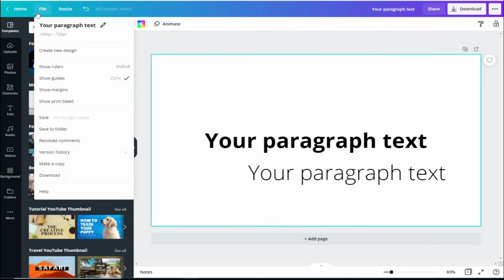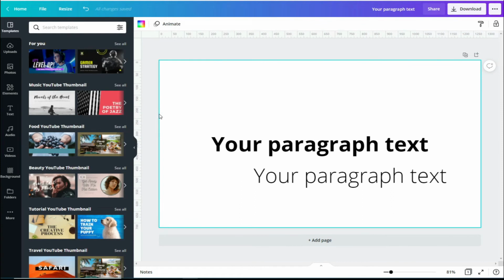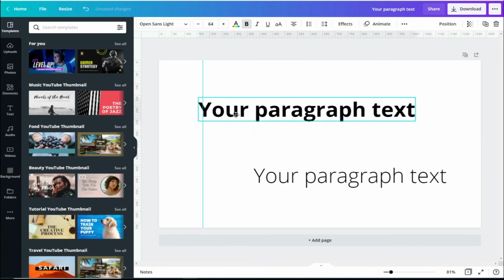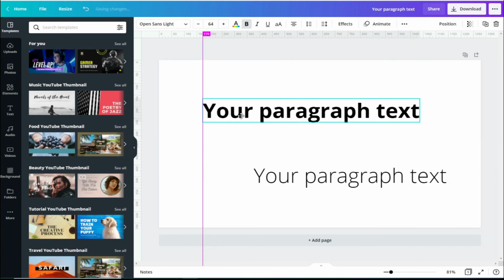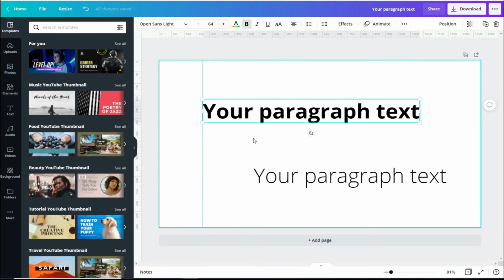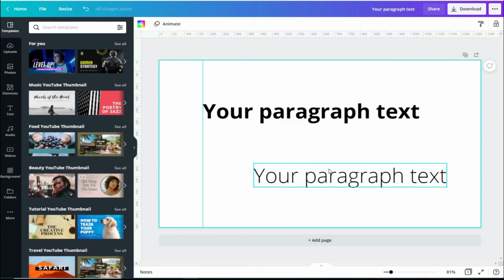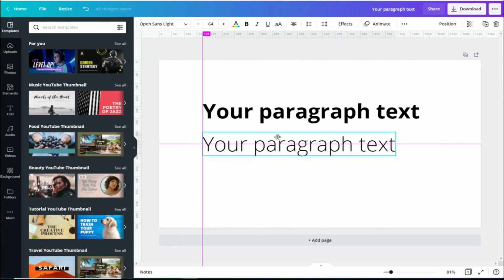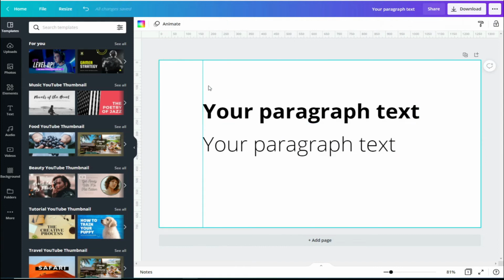Second way to perfectly align elements and text is to go to the file, turn on show rulers. From the ruler, you want to just drag using your mouse and set where you want your text or element to start. And then start dragging your elements. And you can see that it's lined right there. I will also align the other heading. To remove the guide, all you need to do is just use your mouse again and drag it away.